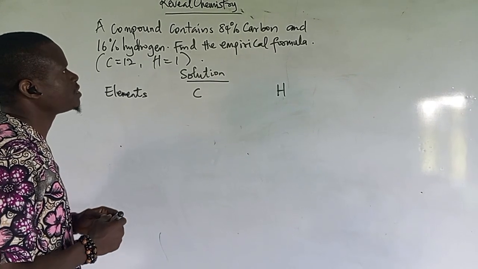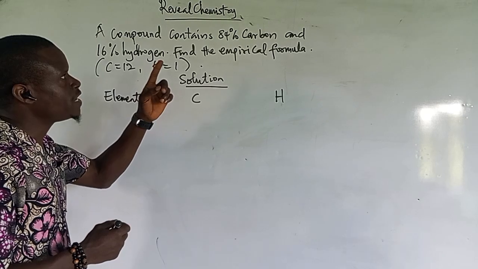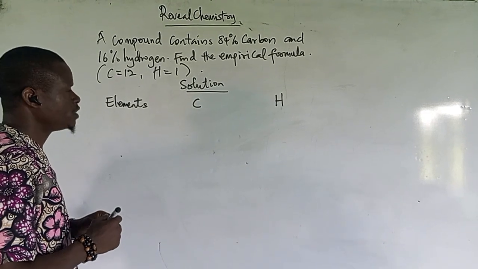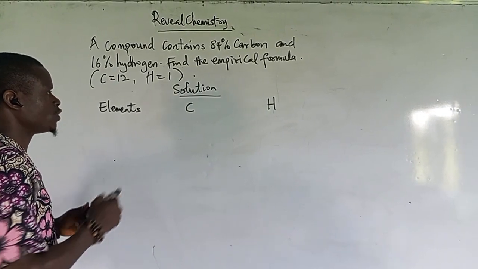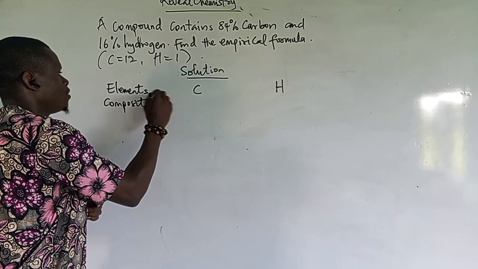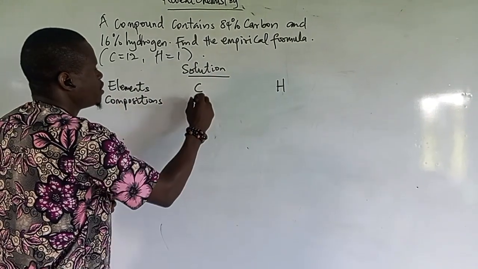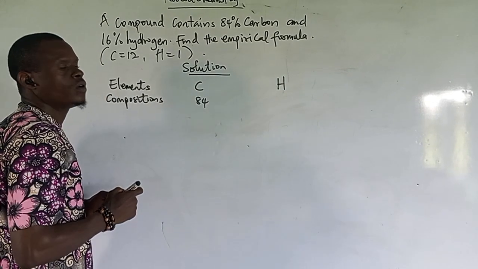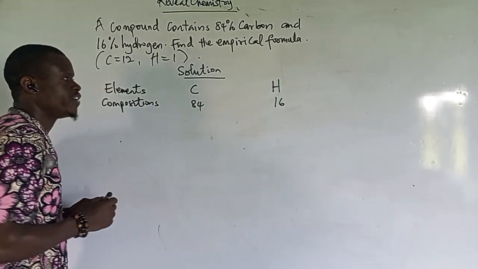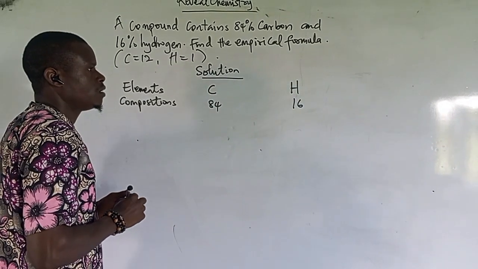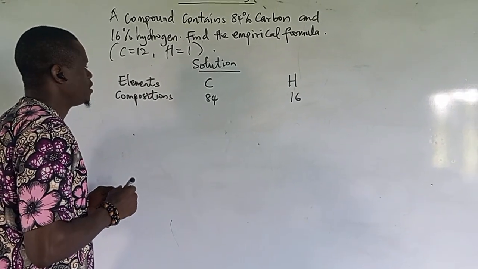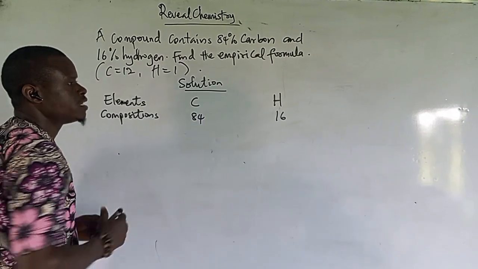In the question we are given 84% of carbon and 16% of hydrogen, based on their compositions. Then the next thing that comes to mind, having brought out their percentages,